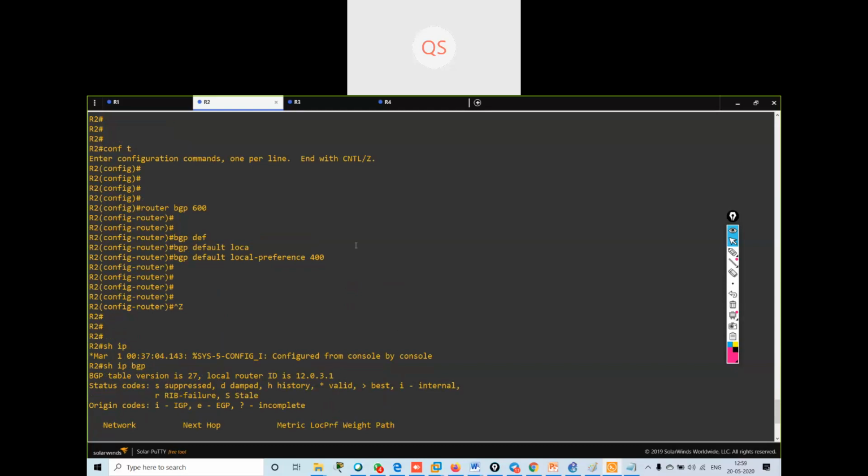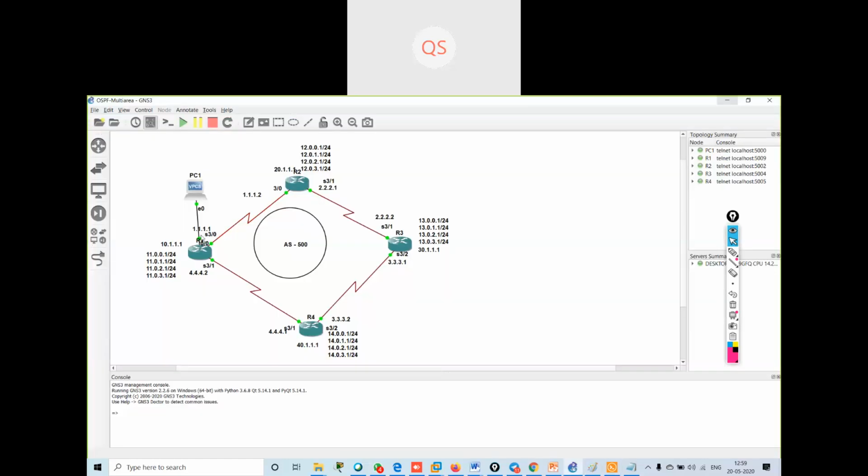Any routes that are going outside from AS600 should prefer and use the path via R1, that is, it will go R2, R1, R4 using local preference. Understood what I have done?